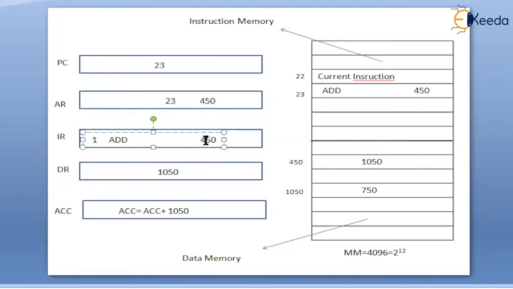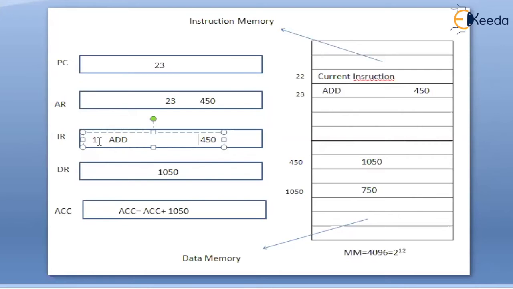What is an indirect address? This address will give you one address under which there is one more address. This is not a direct address. This is an indirect address. An address in which there is another address. In that address, the operand is available. So hence this is an indirect address. If the mode digit is equal to 0, this is the direct address, and going to 450, you're going to collect the operand.